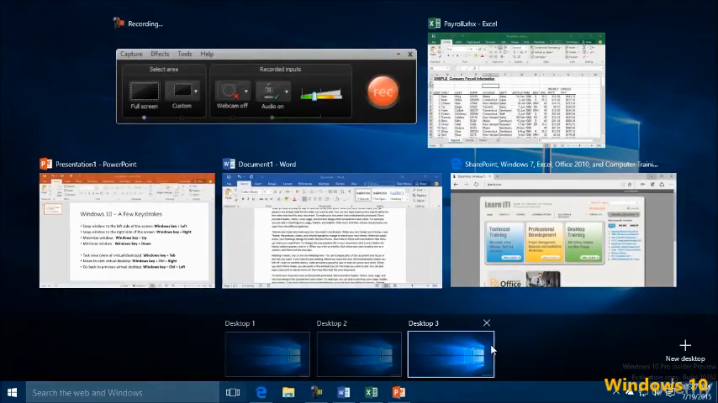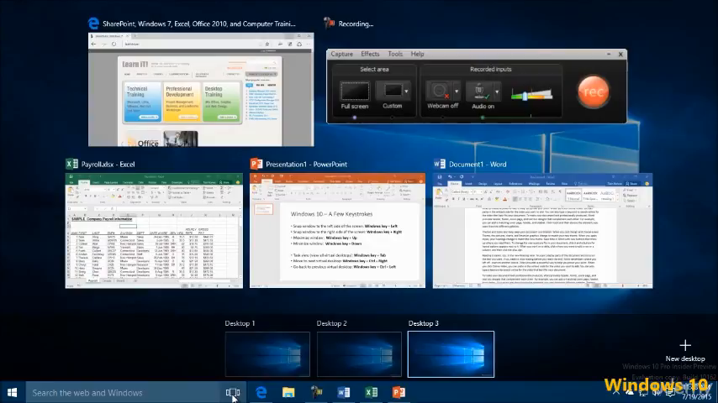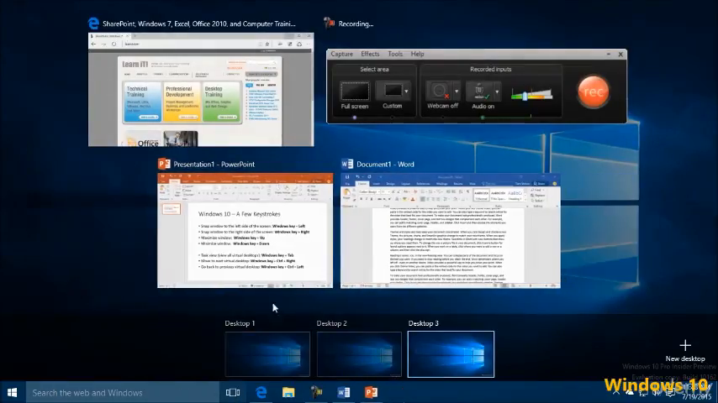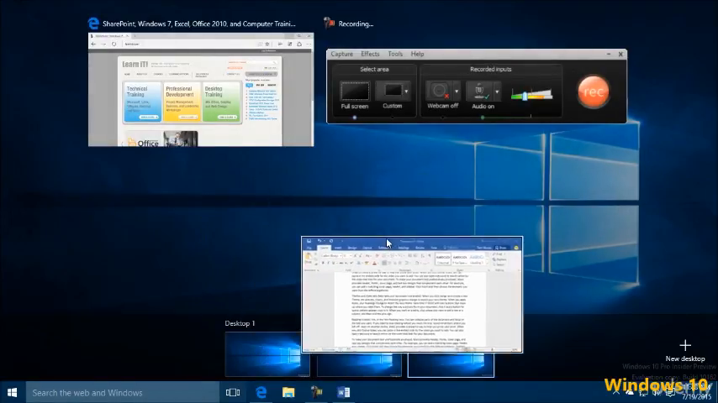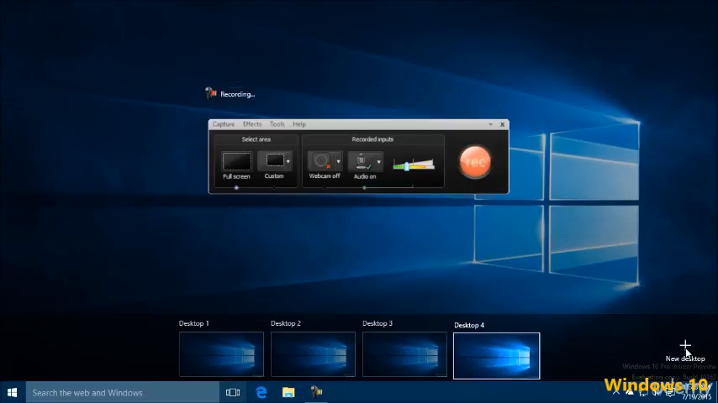If you don't see any icons down here at the bottom of the screen as I do, you could easily add virtual desktops by clicking on the New Desktop button over here. So let's try that together. I'll click on the task view, and I'd like to move Excel to this virtual desktop, and I'd like to move PowerPoint to this virtual desktop, and then Word to this virtual desktop, and then finally when I click on New Desktop, you can see how